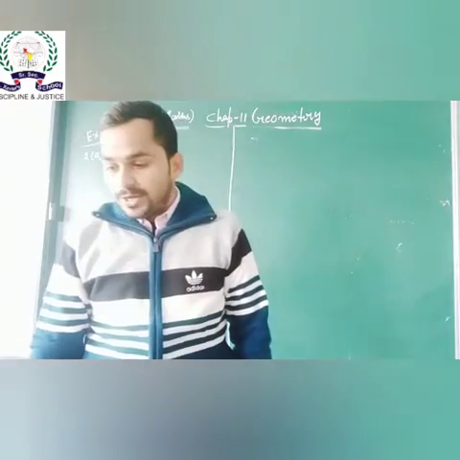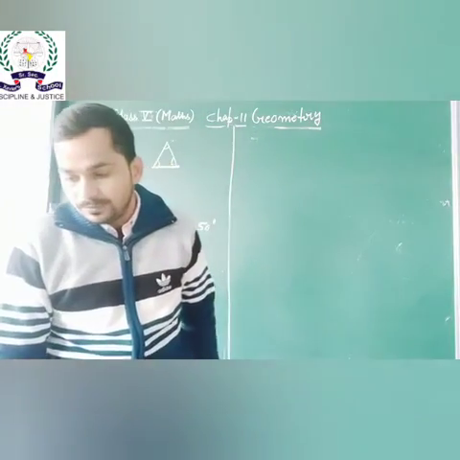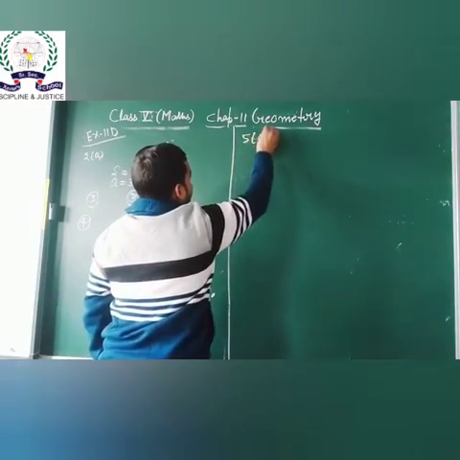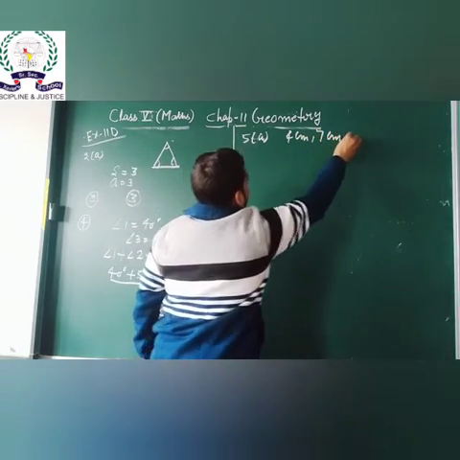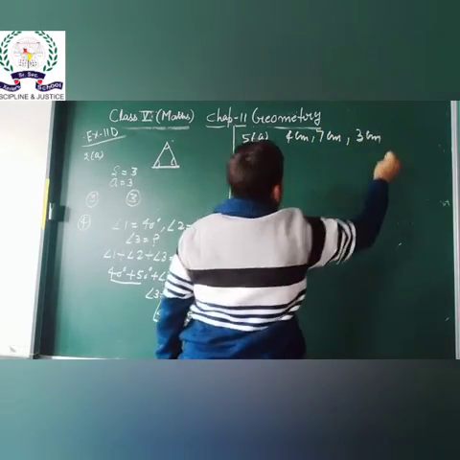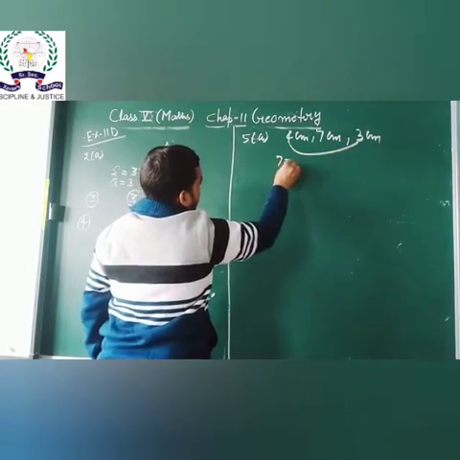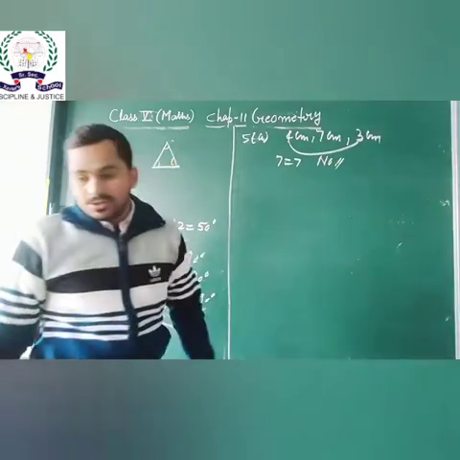Now question number 5, can a triangle have sides of these lengths: 4, 7, 3; 5, 6, 7; 8? The first is 4 centimeter, 7 centimeter and 3 centimeter. So check here, 4 plus 3 is 7. 7 equals 7. So that is no, not possible, because it is equal.